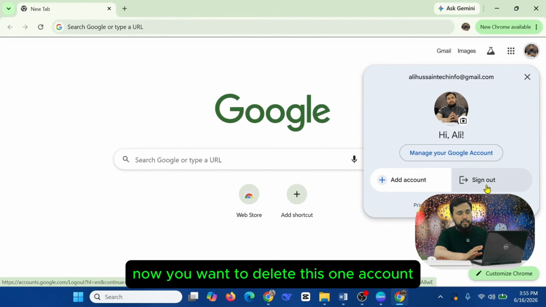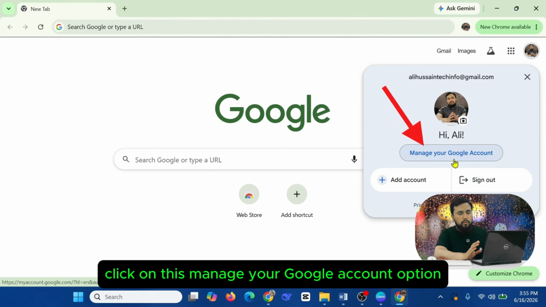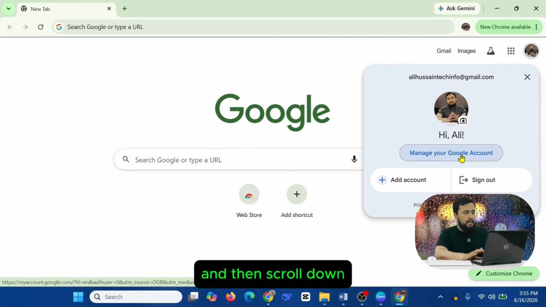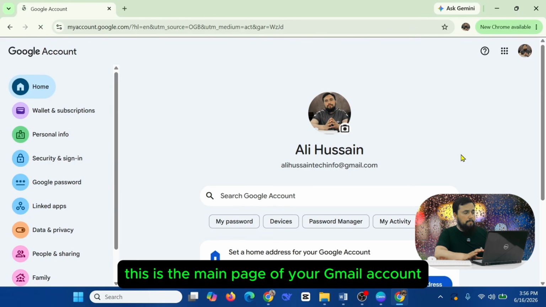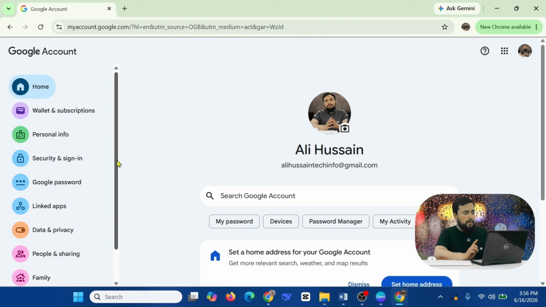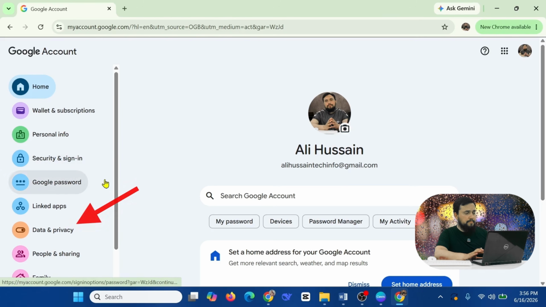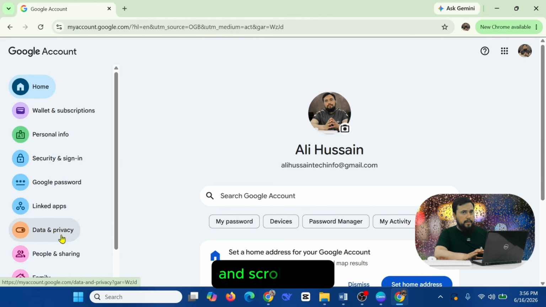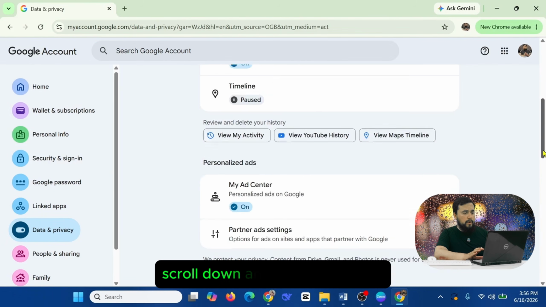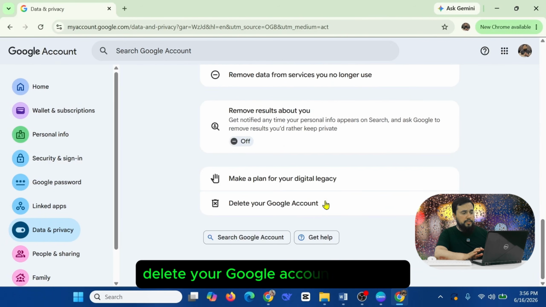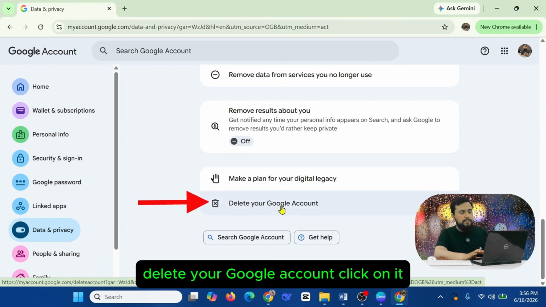Now you want to delete this one account. Click on this manage your Google account option, and then scroll down. This is the main page of your Gmail account. Then click on the data and privacy option. Click on it and scroll down, and you can see here delete your Google account. Click on it,